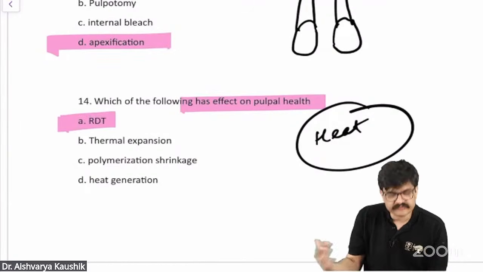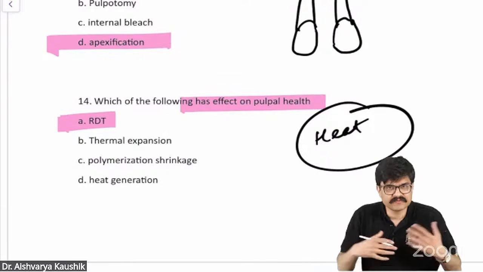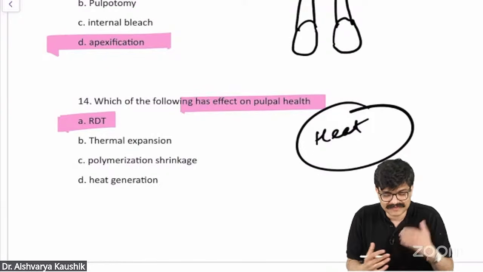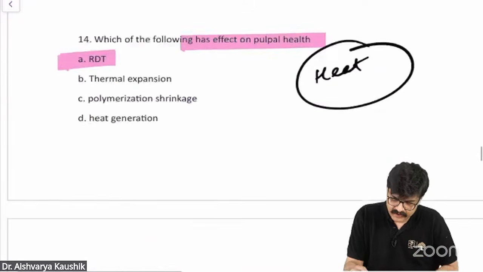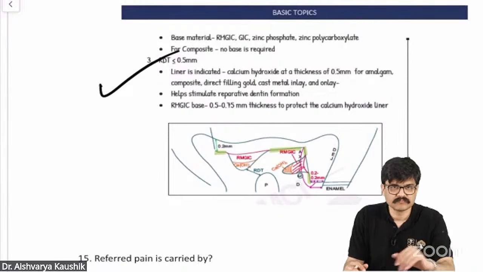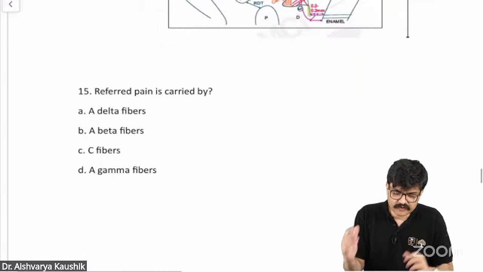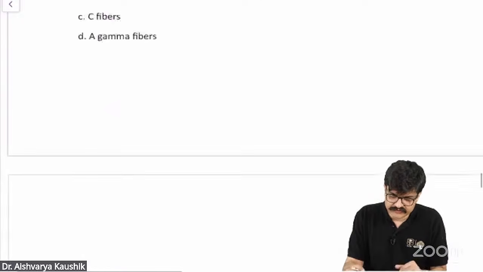Yes, everything else is also important, polymerization shrinkage that would cause microleakage and so on. You have heat generation, very important, coolant, very important, but RDT is the single most important, right? And if you see our notes at DBMCI, you see RDT, RDT, RDT everywhere, so many times we mentioned. Referred pain is carried by, wow, I'm so happy that I always spend so much time